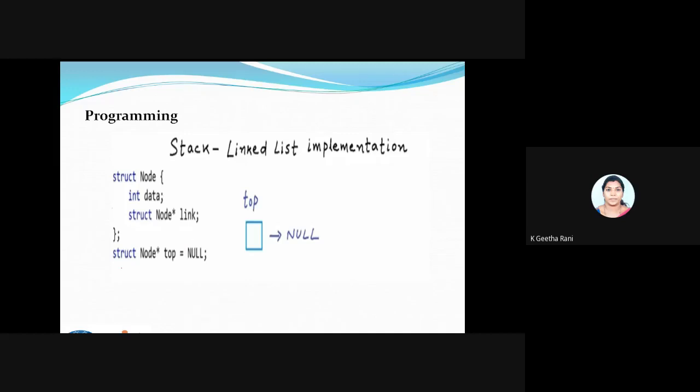And next one, I'm creating a pointer temporary variable. Actually, we called it top. I'm putting this top as null initially because I won't be having anything inside my stack. So my top will be null. Since I'm using a star, this represents that it's a pointer variable.